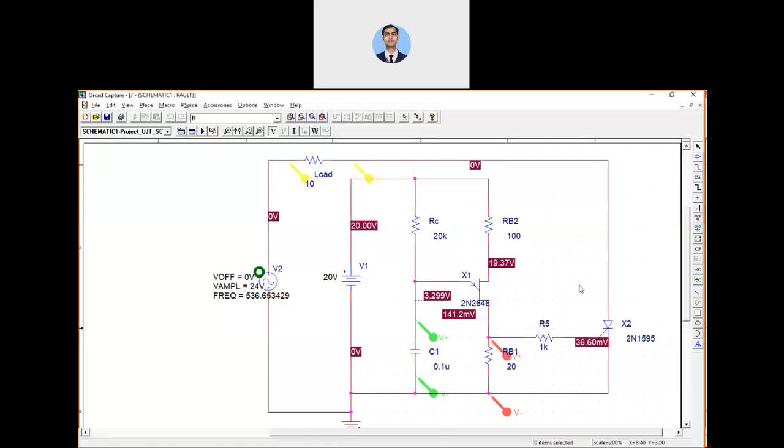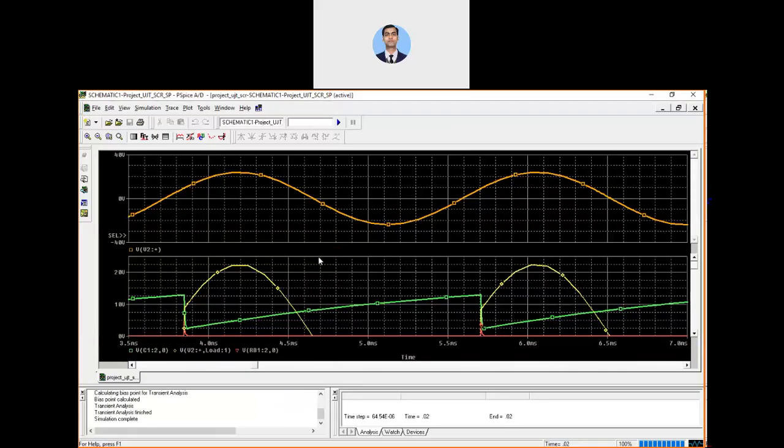I hope you have understood each and everything. You can also measure by using this toggle cursor. I have told you, you can also measure the various data on this particular waveform. So you can save it. You can also get the output report here, view simulation output file. If you click on this, you will get your output simulation file.